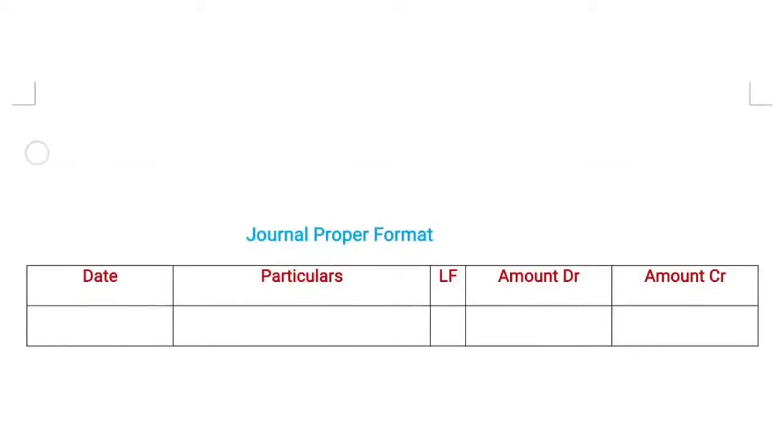Here date stands for the date of the transaction. Particulars is related to the given transaction. Now coming to ledger folio, it is related to the number of ledgers. Now coming to the amount column, it is based on the given transaction amount, in the national currency, and the credit amount is also the same. Now we are going to prepare, or pass, journal entries for